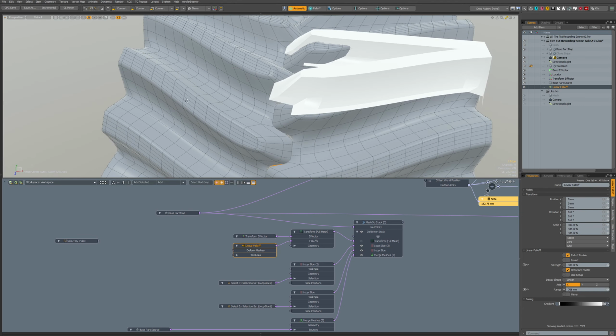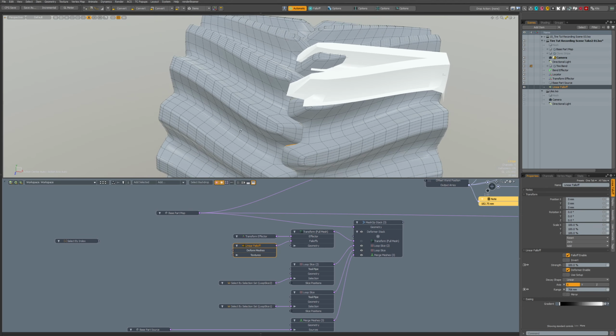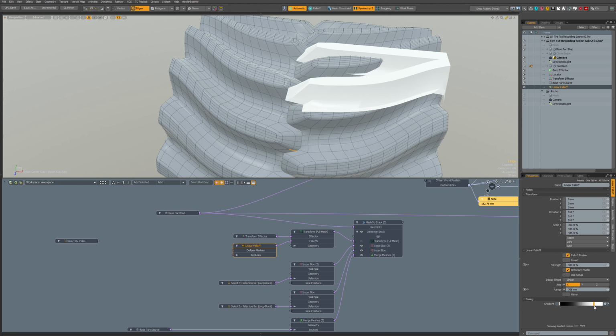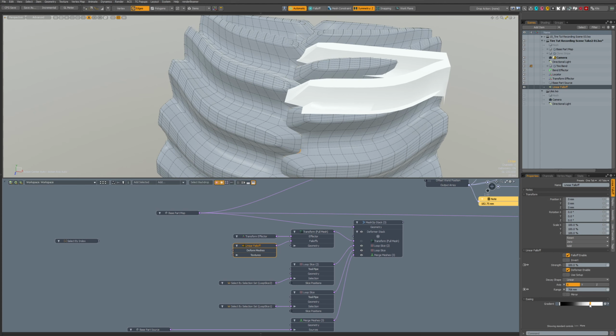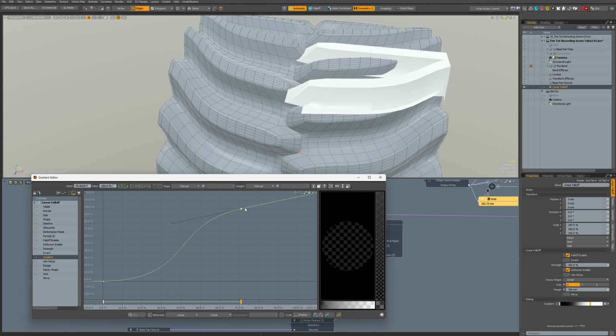We could fix it by adjusting this. We have to open in editor, make that constant.